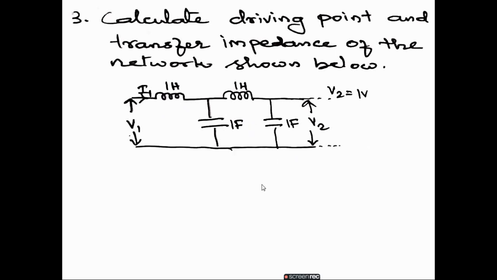If you want to write the voltage equation, these values have to be shown as impedance, that is, reactance values. We have to convert these into reactance first. That means if the reactance for inductance is XL and the reactance for capacitance is XC, we have to find those. Then again we go for voltage equations. So whenever you get inductance and capacitance as direct values, we have to convert them into reactance. Then we have to redraw this, and then go for the solution.